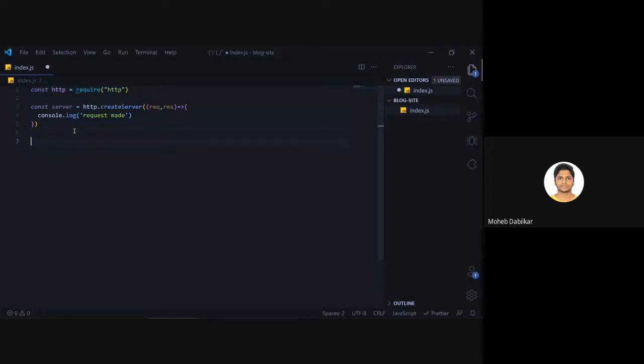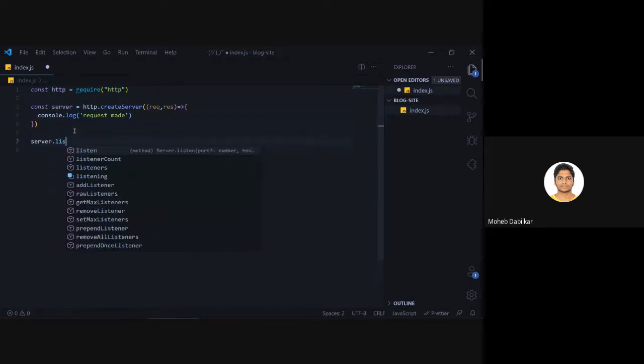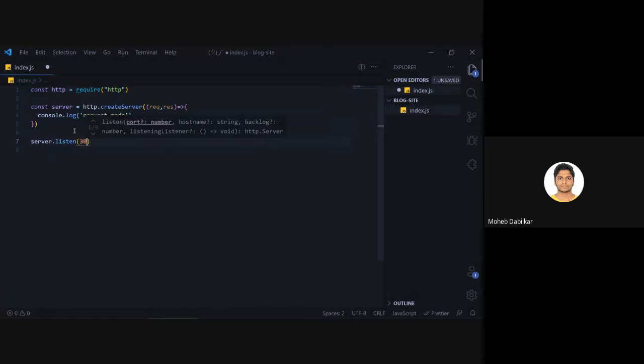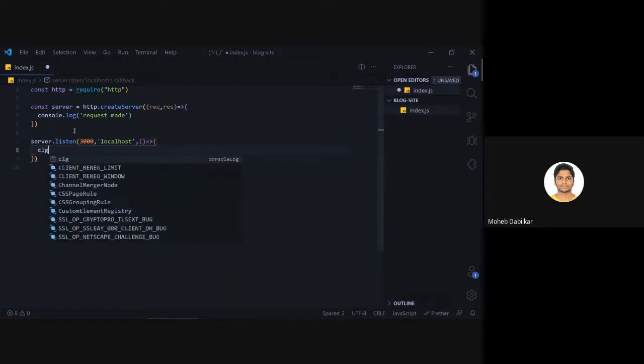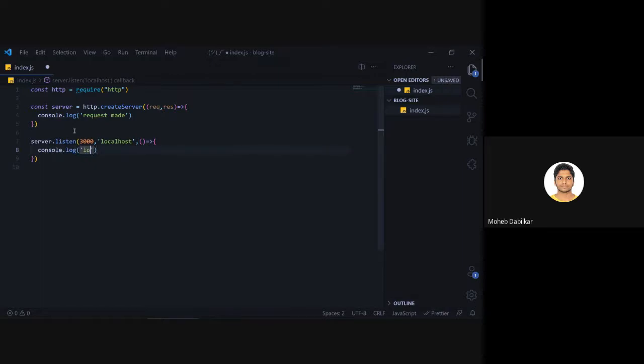So now we can say server.listen, so we'll ask the server to listen somewhere, and we'll say 3000, and then localhost. That's the second argument, and the third argument is a callback function, and we'll say console.log listening on port 3000. We usually start our server on port 3000 because the rest of the ports are usually booked.